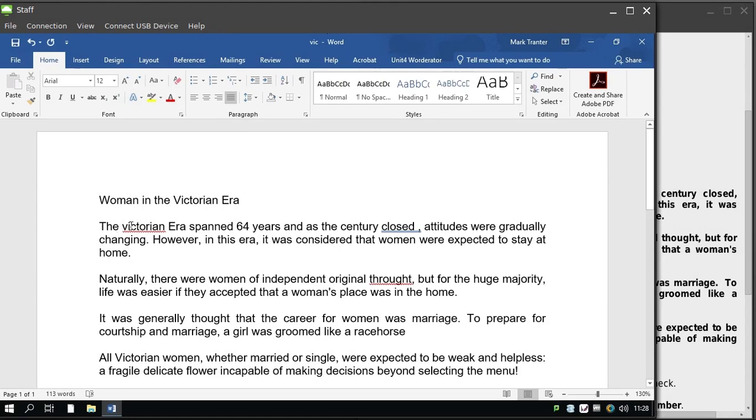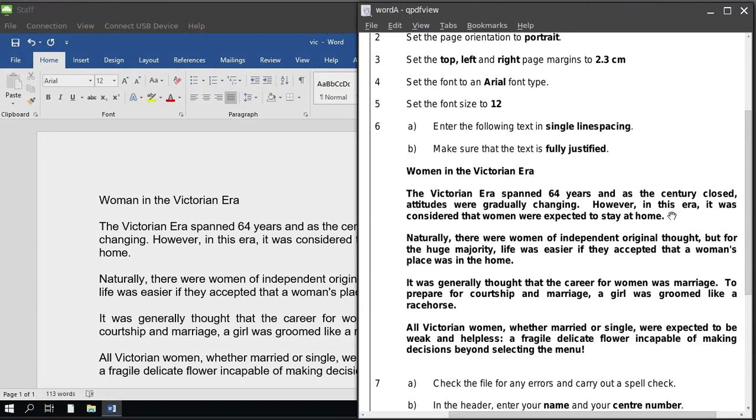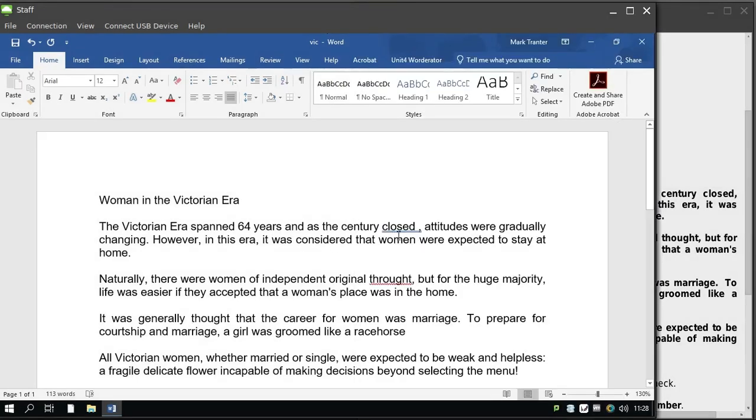So like I said before, it's very important that you get spelling and capitalisation correct, because if you make more than 4 accuracy errors, you will fail the paper. The blue underlining means it's a grammar check. So here, if I look in the original, I can see that there was no space between D and the comma. Again, I can actually just right click on that and Word will